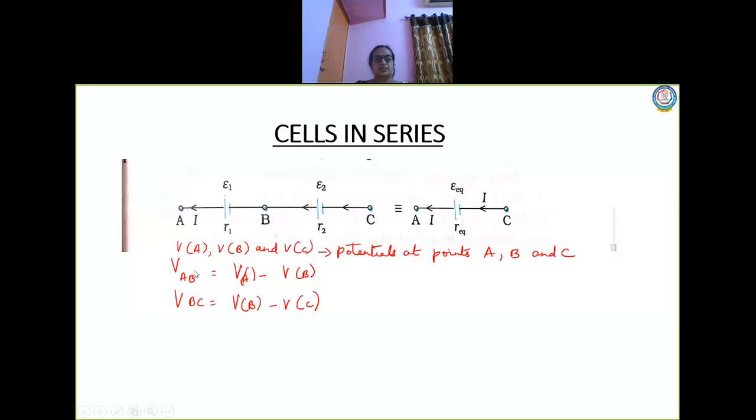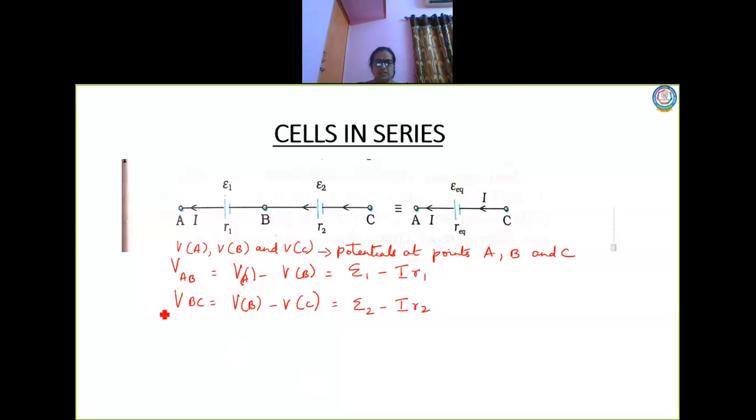So, which I have written here, V_AB equal to V_A minus V_B. Similarly, V_BC is equal to V_B minus V_C. Now, we know the formula for this. Yesterday, we have derived, okay, what is potential difference? As far as this cell is concerned, the EMF of the cell is psi1 minus the current flowing, which will be the same, so it is I into the internal resistance R1. Similarly, for this cell, it is psi2 minus I into R2.